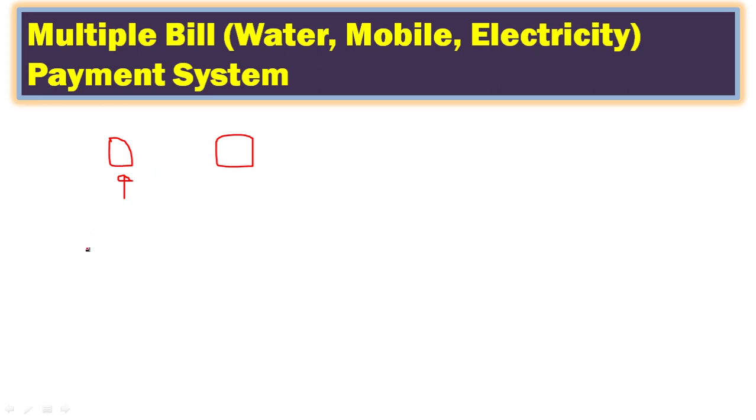But in order to avoid this, the new concept came, let's pay all the bills in a single place. So Bangalore one is such a center where you can able to pay all the bills. So it's maybe water bill, or it may be a mobile bill, or it may be a electricity bill, and we can add up more bills to that. So if a customer can come to this center, he can able to pay all the bills at a single place. So now we have online, so therefore you can pay the bills online only.